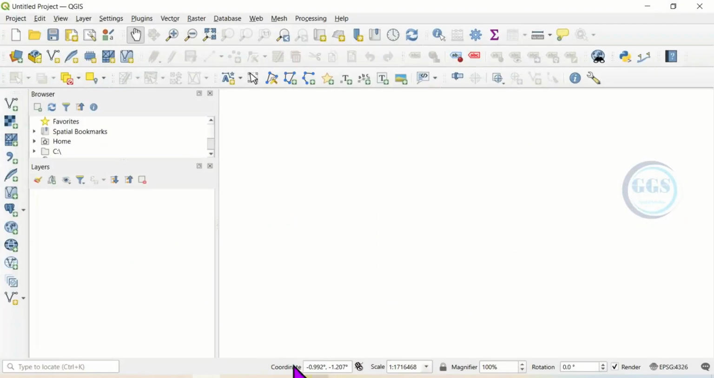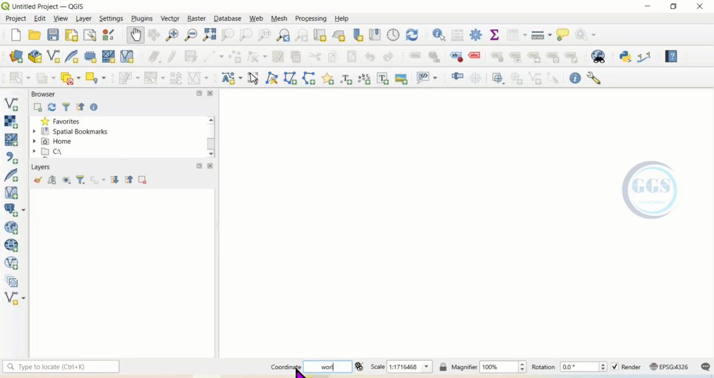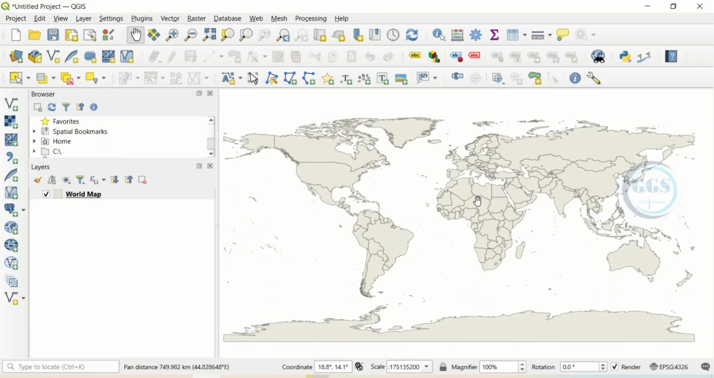Then when you open QGIS, here where you see coordinates, you can see coordinates here. So what you will do is to replace it with the word world. Then hit the enter key. When you do that, you can see it has brought the shapefile of the whole world. All the countries in the world have been loaded into your QGIS just by entering the word world in this